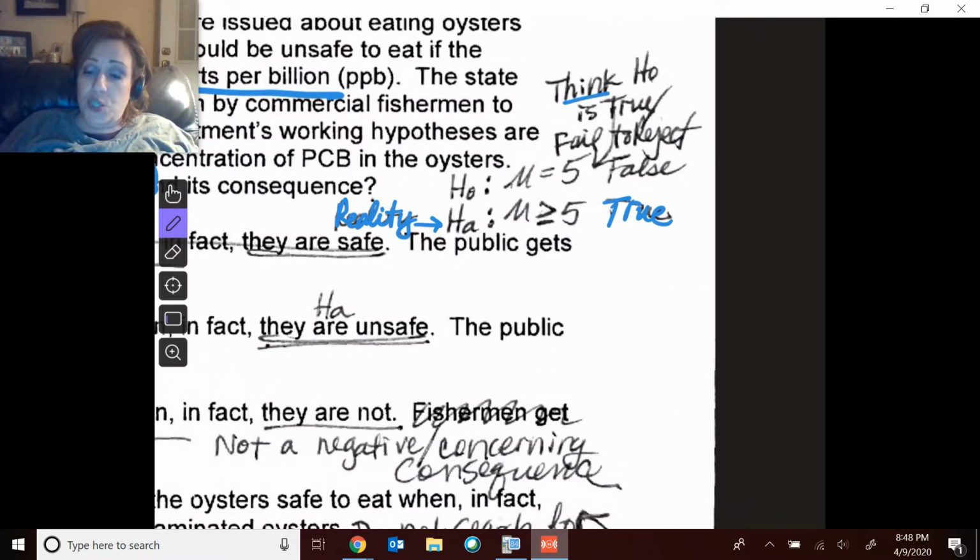But with a type 2 error, we fail to reject a false null hypothesis. Type 2 error, type 2 error. We failed to reject a false null hypothesis. So we think that H0 is plausible. Also, the other meme, why reject the null? Okay? Why reject the null? You should have. Okay? So they are not safe, but I did not detect that they are unsafe.